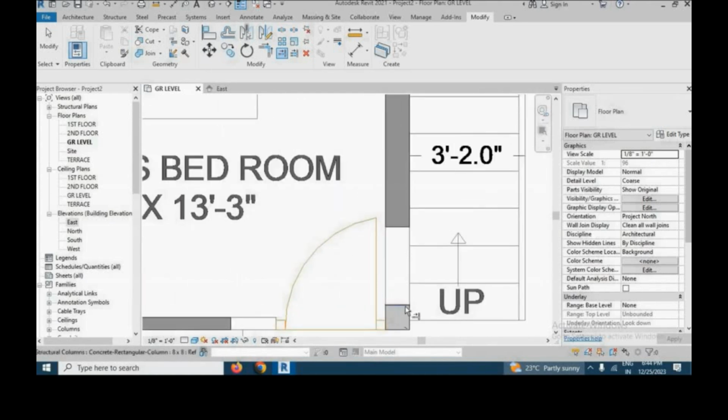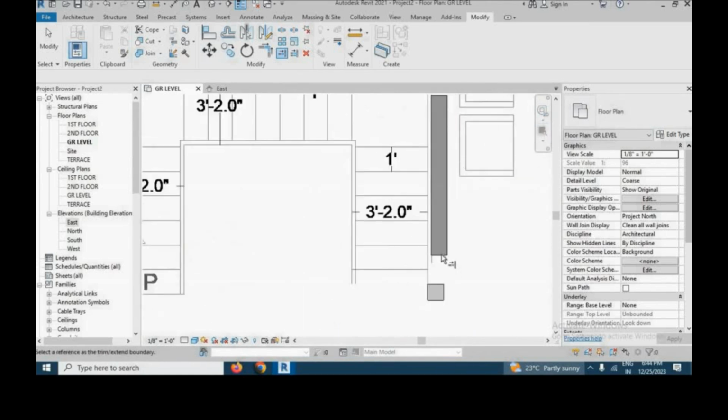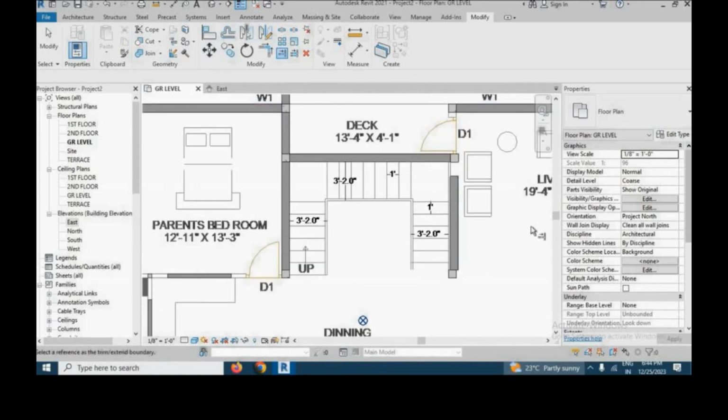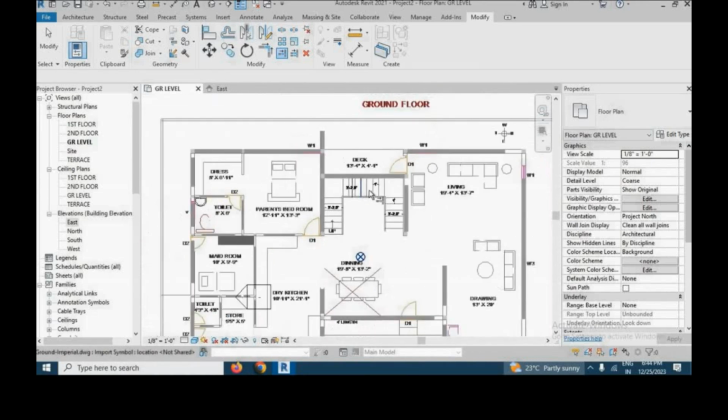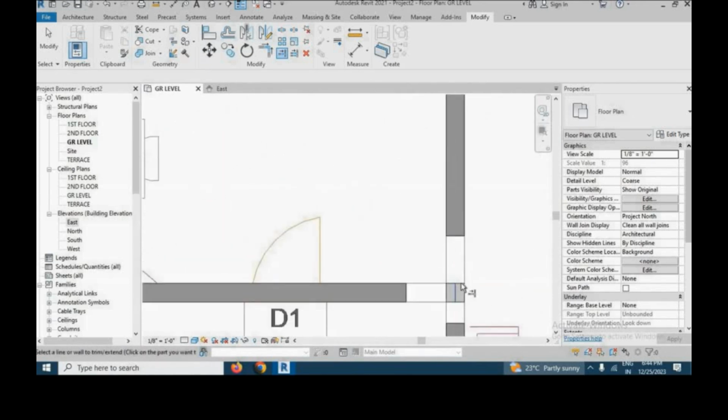So in this video we have covered columns and walls, placing of columns and walls in this project. I'm going to continue this project in my next video with doors, windows and furniture, staircase. We are left with